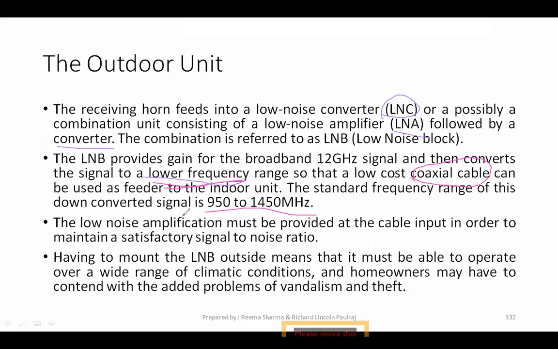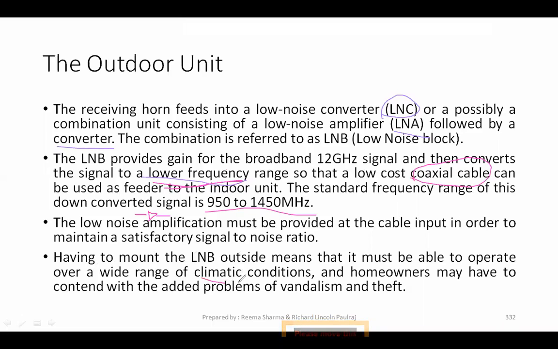Okay. So the low noise amplification must be provided at the cable input in order to maintain a satisfactory signal to noise ratio. So low noise amplification, you saw a small amplifier there, right, connected. So that is nothing but your LNA, low noise amplifier, must be provided at the cable input in order to maintain a satisfactory level. Having to mount the LNB outside means that it must be able to operate over a wide